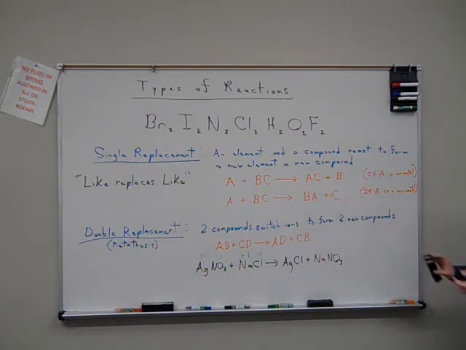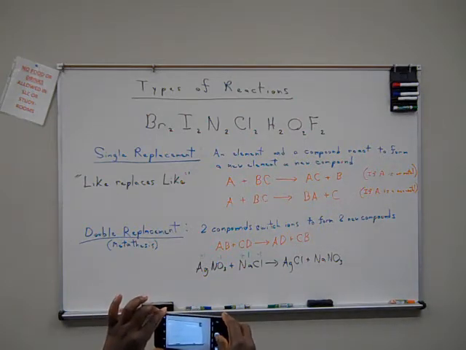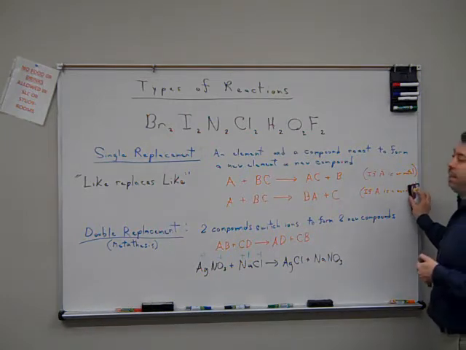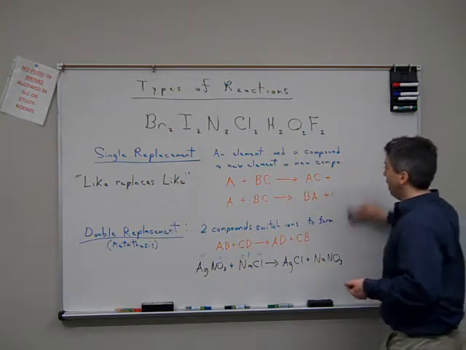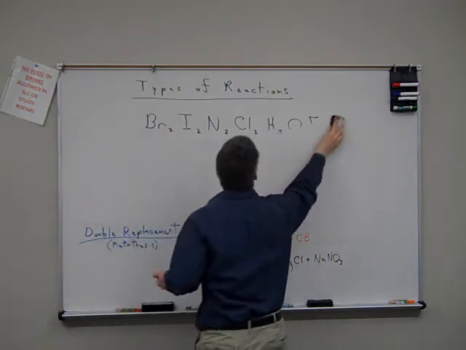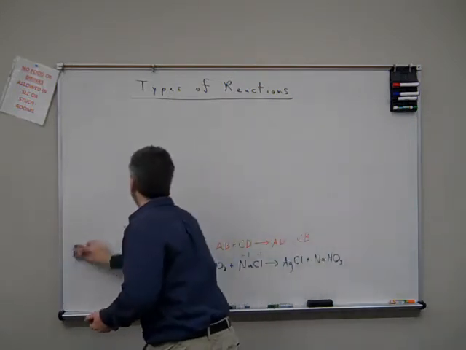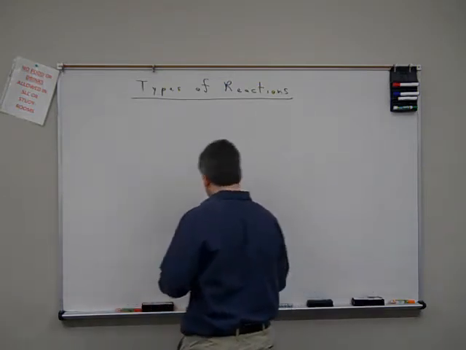Now, we're going to go to the last type of predicting products, the last type of reaction. It is the easiest to predict because the products are always the same. And the last major type of reaction you have to keep in mind is combustion. So, in a combustion reaction,